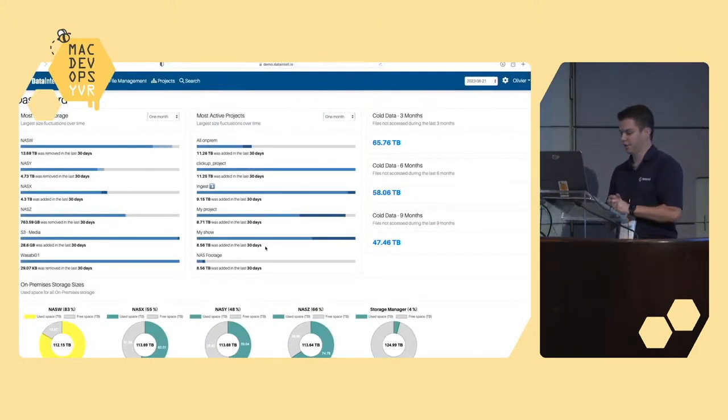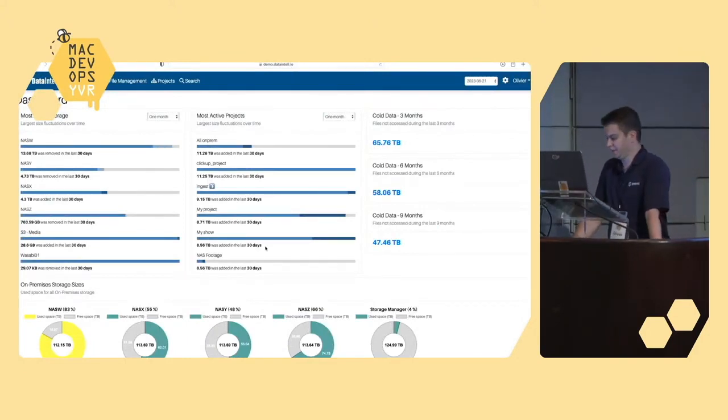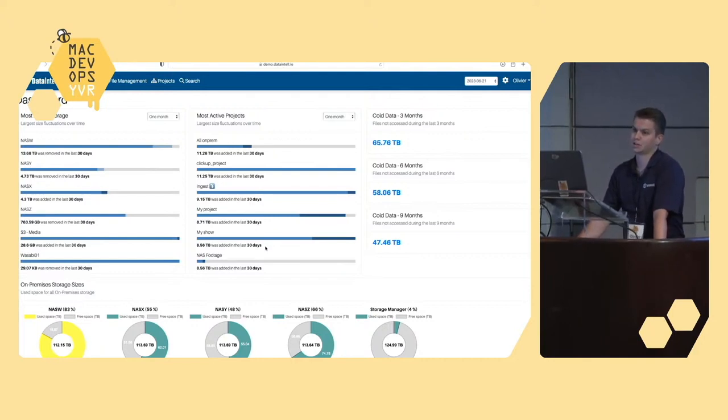So DataIntell started while I was doing professional services in the media and entertainment industry for some organizations, VFX studios, post-production studios. And we started noticing that storage infrastructure was growing very quickly, and data started to spread in different locations: multiple NASs, multiple SANs, cloud storage. So it was getting complex to manage all that data growth, and there was no solution to handle it. So we decided to implement a solution called DataIntell.